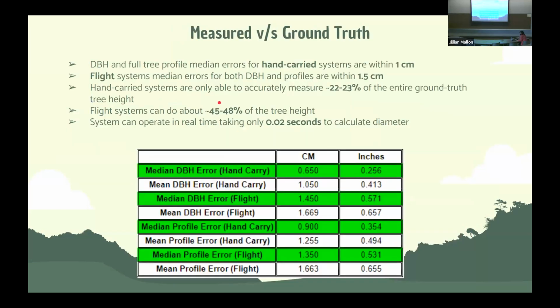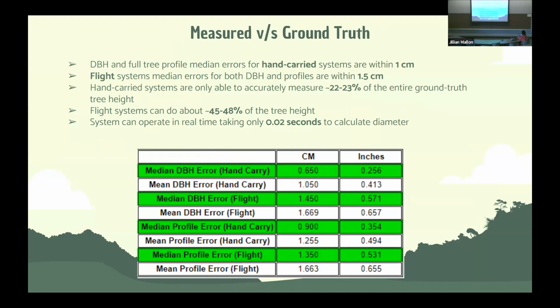So now that we have the measurements, let's see how I do against the ground truth. Note that we did two modalities of data collection, and we are trying to measure two important factors, the DBH and the full profile error. All of this is summarized in this table and averaged for all of the 20 trees for which the data was collected. I prefer the median error because one, it is smaller, and because mean error can get skewed if you have a few false positive detections and bad diameter estimation somewhere at the top,